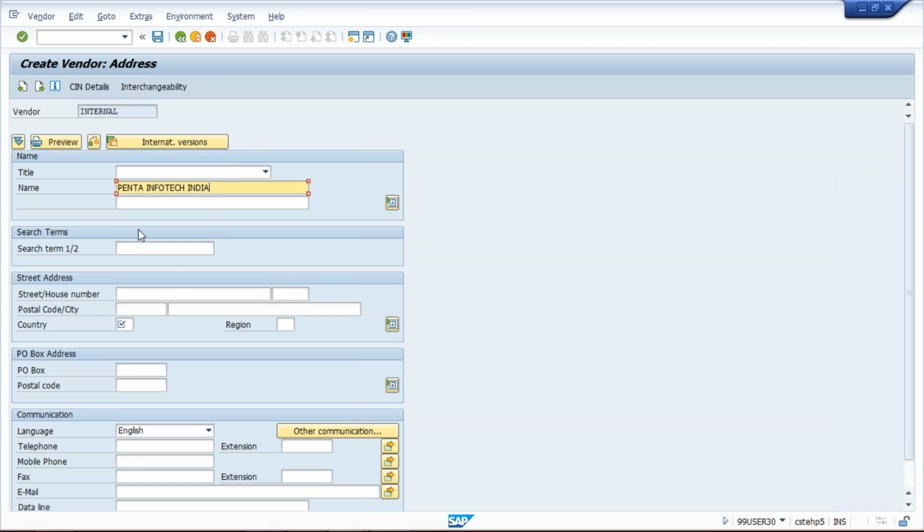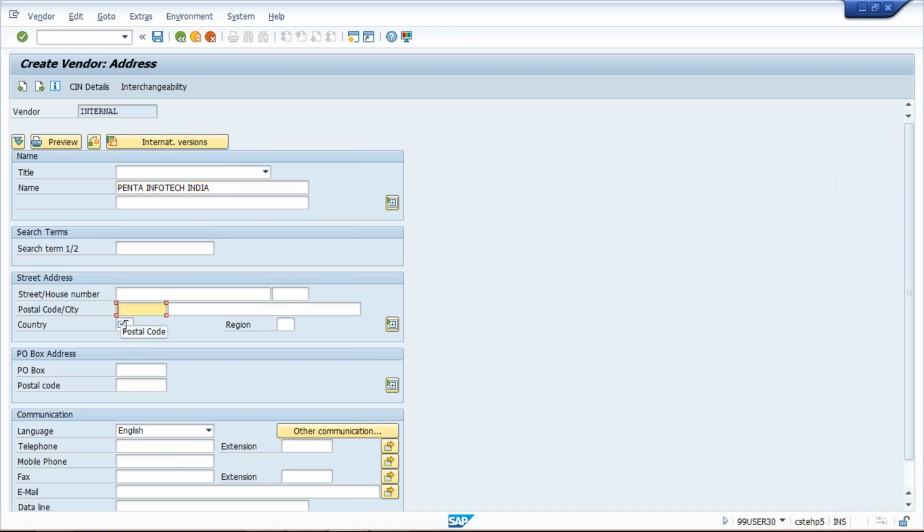So guys, here several fields are appearing: name, search term, street, postal code. These are all details we give about the vendor. Now I'm not going to enter all these details. I'm going to enter only the mandatory things,